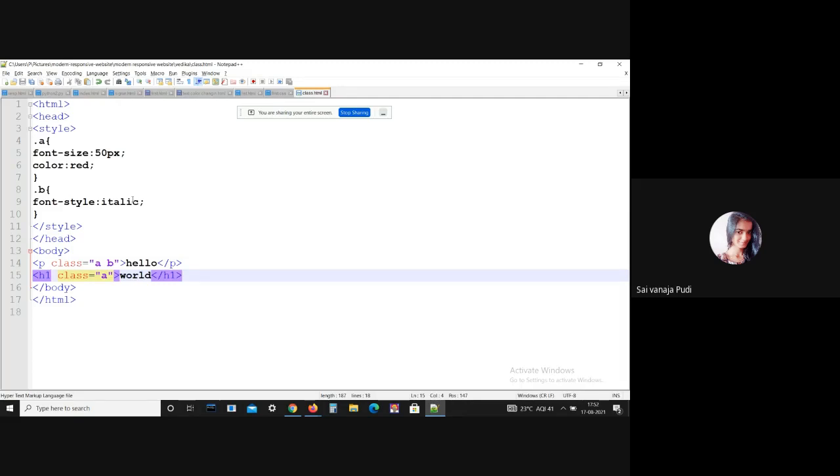This is the beauty of CSS. We don't need to use the same tags. We can create different tags and still apply the CSS properties. This is all for CSS classes. I have explained single classes, multi classes, and the same class with different tags. I hope everything is clear till now.